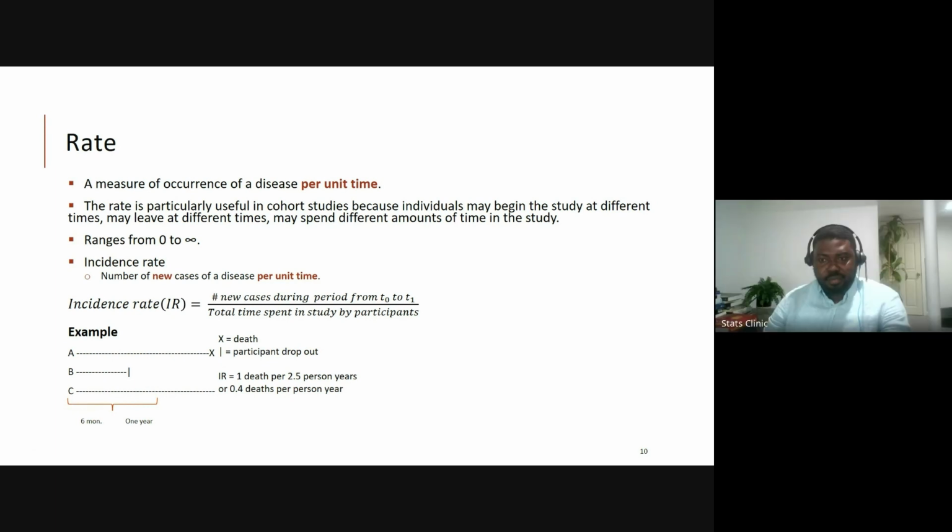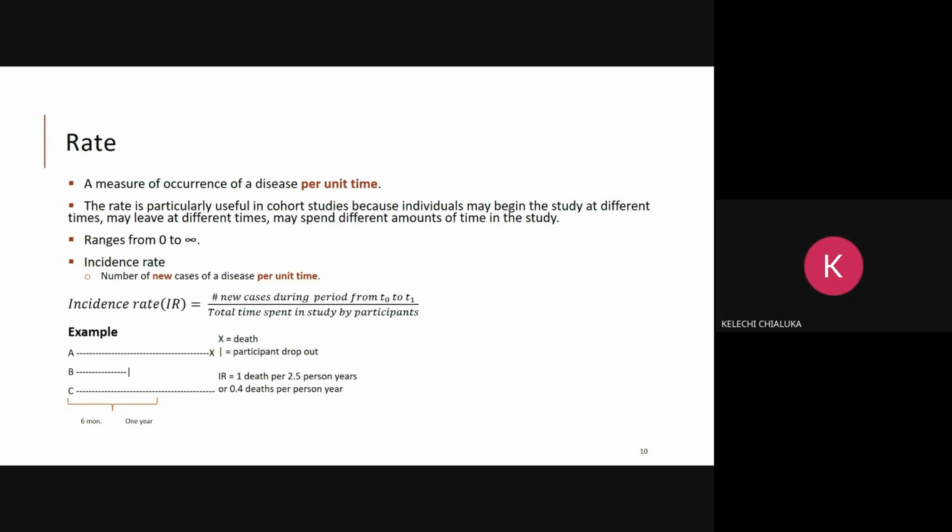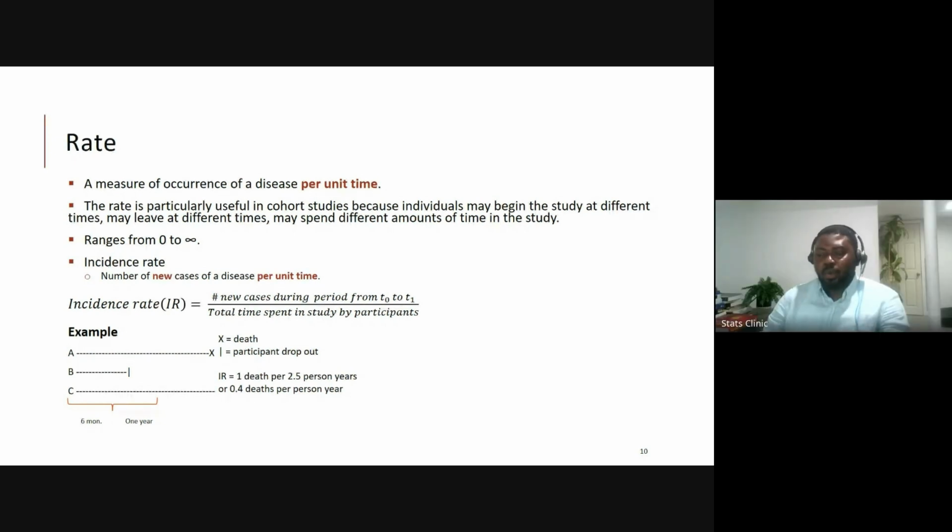Hi, good evening. So I wanted to ask, if we're not using death as the outcome, is it also possible to say we had 15 new cases of obesity in a period of 3 months? Yes, that also happens. Typically, we will then divide it in such a way that we'll say per month or per year. So you can either say 15 new cases per 3 months, times 4, which is 60 new cases per year, or you can divide it and say that is 25 new cases per month. So that's completely up to you.